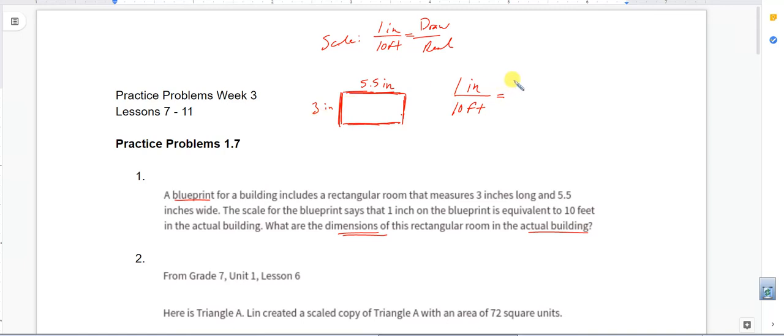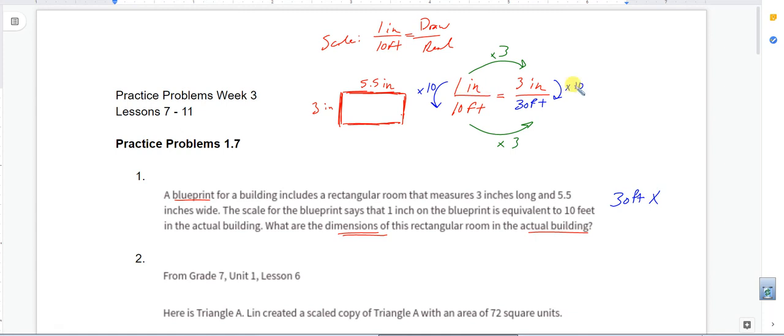And we're going to set this up. Let's find the 3 first, because that's going to be really easy. All you got to do is set up this ratio, and then you can find your scale factor between the 1 to 3. This would be one way to do this. You can multiply that by 3. You could also look at the relationship between 1 to 10, and that is times 10. So there's 2 ways to see this. You can go this way vertically, or you can look at the relationship here of times 10. Notice that it is changing from inches to feet. So we can't just multiply by 10 and say 30 inches. But we can multiply by 10 and say 30 feet. And that would be the correct height of the new room. So we know that it is 30 foot